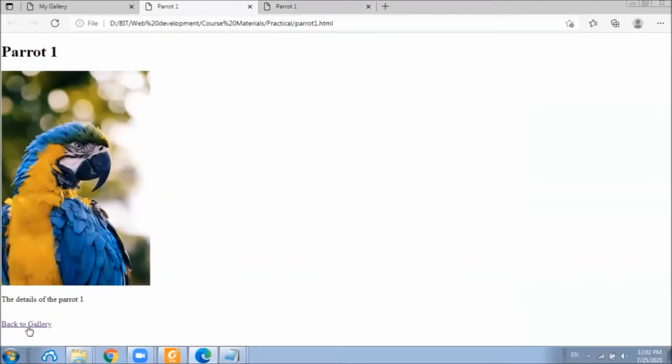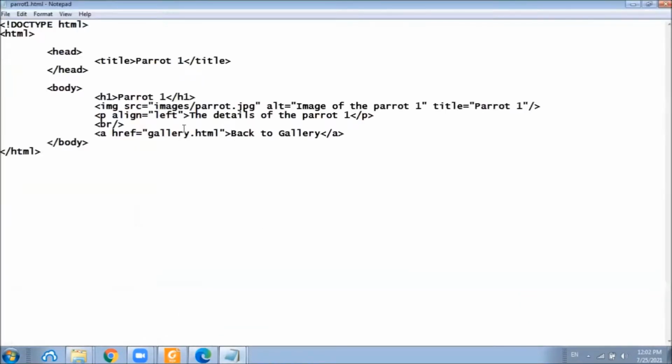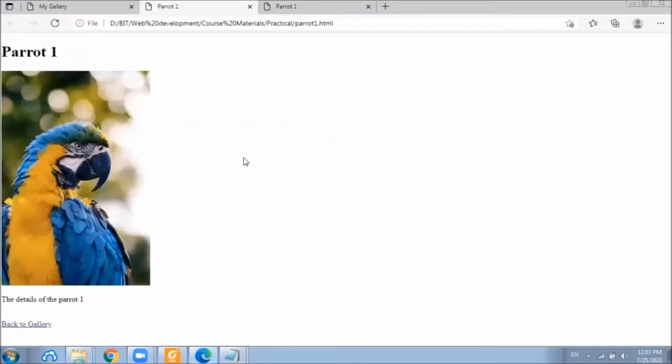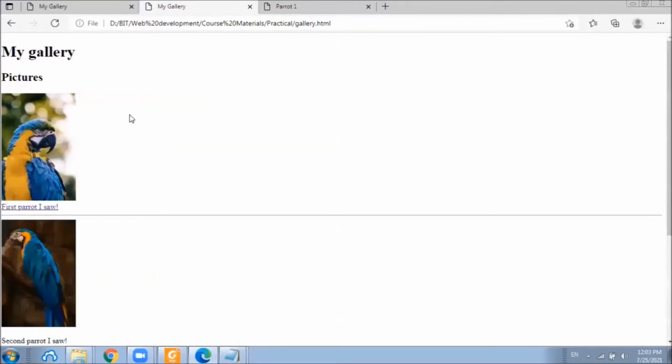When we click back to gallery, if you see here, you can see that we have not defined the target attribute for this anchor tag. Therefore, this link will open the gallery page in the same page. If we click here, it will open up the gallery in the same tab.